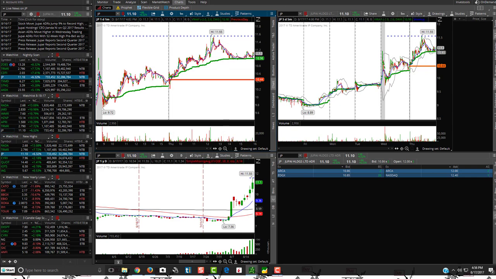So let me go over to my multiple charts that I watch. I'll show you in a second here. I'm going to put that on my watch list just because it's been running up at yearly highs. The market's kind of fading a little bit. See if that thing wants to fall back down. Let me see here. I'll show you what I'm doing.